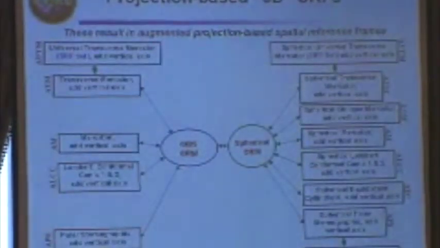Here's the set of conversions that we use in the SRM, and we've shown. I keep pointing at this now. If we have a spherical OBS, you can do map projections off of it and get different map projections off the sphere. And then the notation over here says, oh, by the way, you can make these three-dimensional if you want by augmenting them. So those are the things that we actually consider.